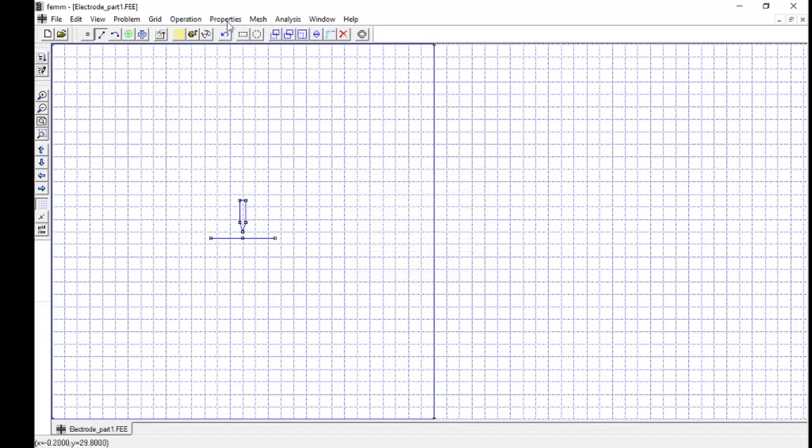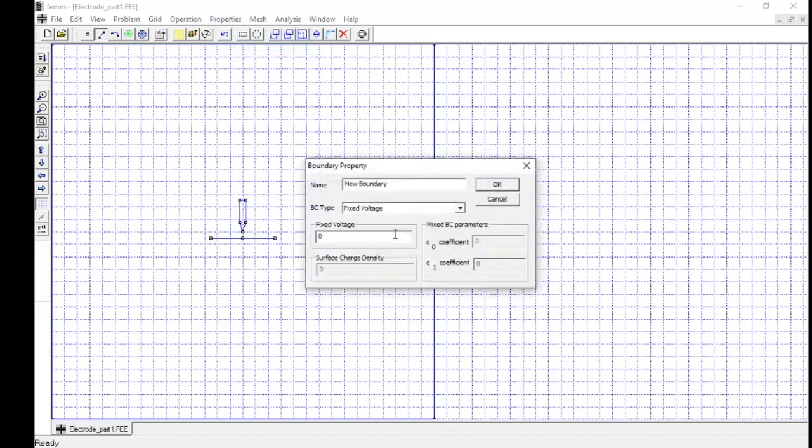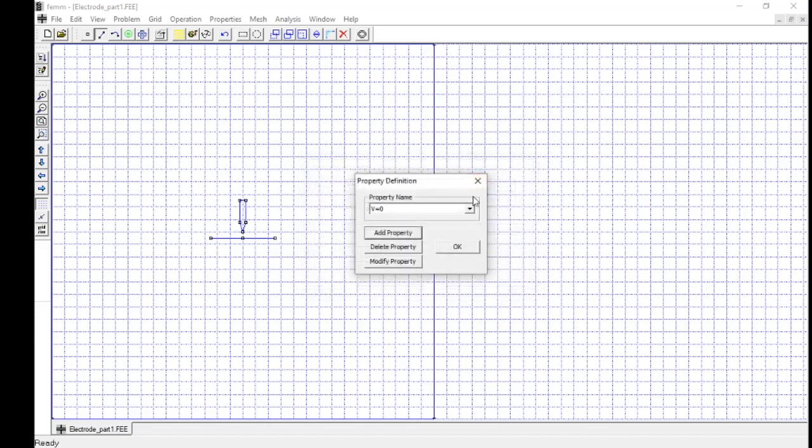So I'll say okay. So the materials are defined. Now we'll create a boundary. So we'll say new boundary, and BC type we'll choose for the time being as fixed voltage, and we'll say V equals 0. This is actually a character string, so you can write anything here. So I'm just writing V equal to 0, and we'll say okay.